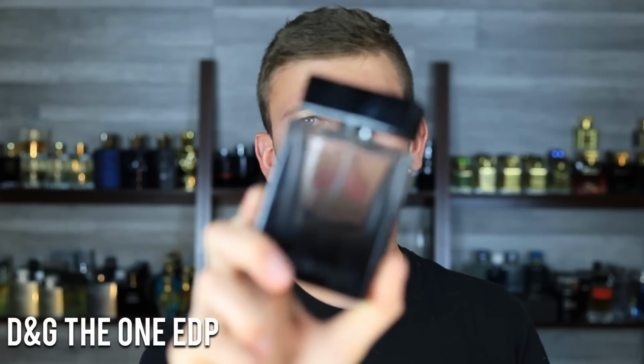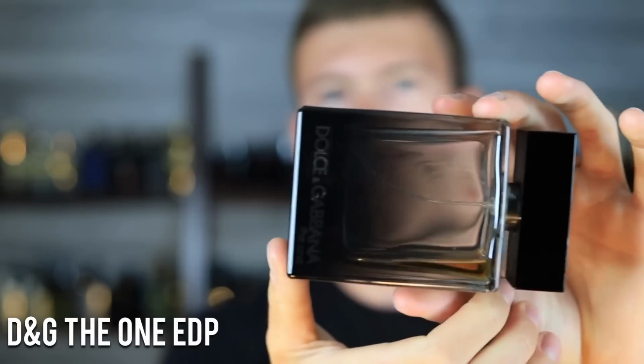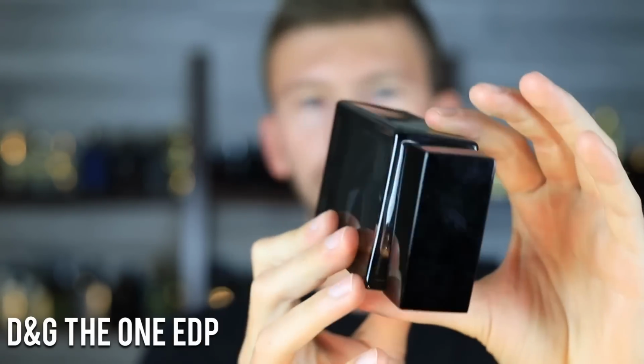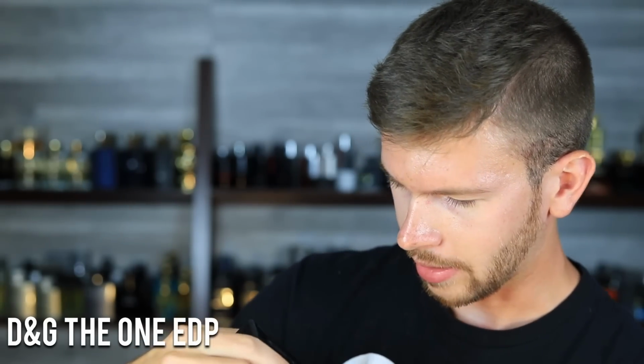Got an OG up next. This one is Dolce & Gabbana, The One Eau de Parfum. As you can tell, this bottle has seen better days. This is my original bottle. It's a 2015 batch. The batch code is going to be hard to read, but I should be able to make it out, is